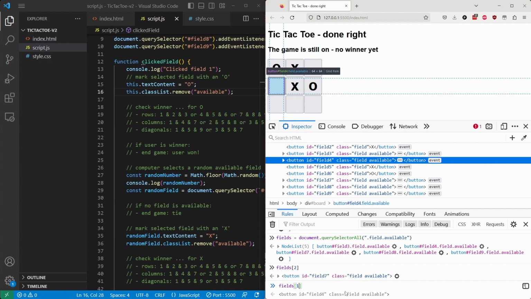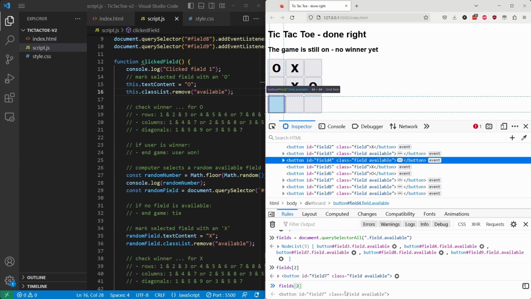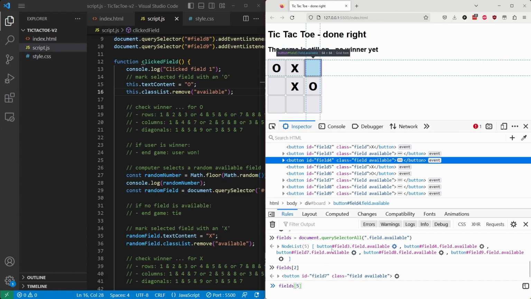Number 0, number 1, number 2, 3, 4, and there's no number 5. So I should select a random one from this list. Honestly, I'm not sure if this was the process, a lucky guess, or my experience kicking in. I did find in my solution that I had to select a random available field, but I'm not sure that I would have thought of this selecting the available fields and then choosing a random one of those